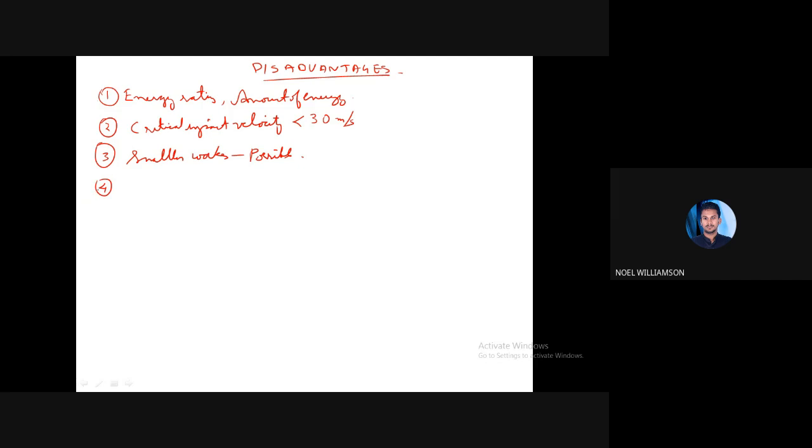Then regarding the usage of the vacuum. In this case also, we are using vacuum. We need to create a vacuum in the die in order to collapse the workpiece towards the die, or to reduce the effect of adiabatic heating. So the need of vacuum may create extra cost. It adds to the cost.